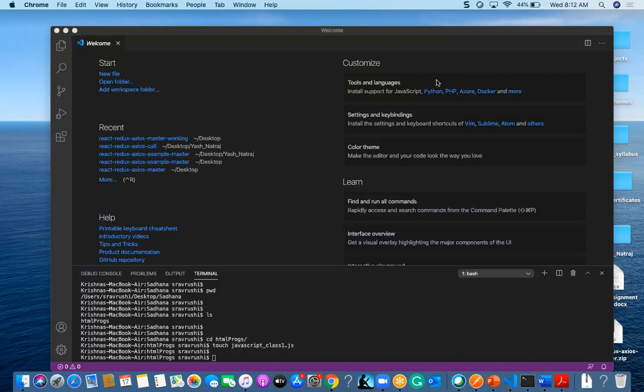Here also we have comments, variables, operators, arithmetic operators, assignment operators, data types, functions, objects, events, string methods, array methods, numbers, dates, comparison operators, and loops. These are the different JavaScript topics we are going to see in the sessions.